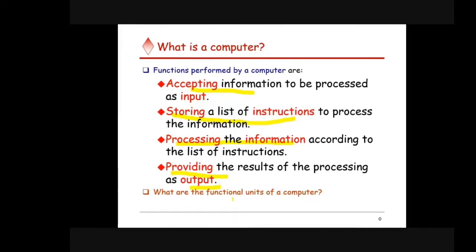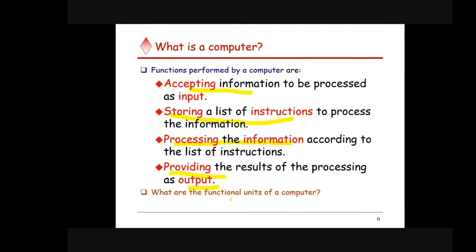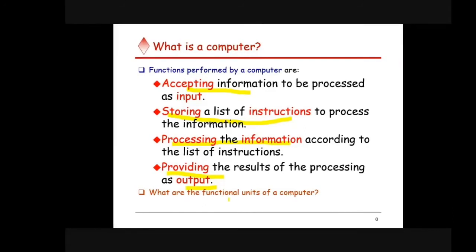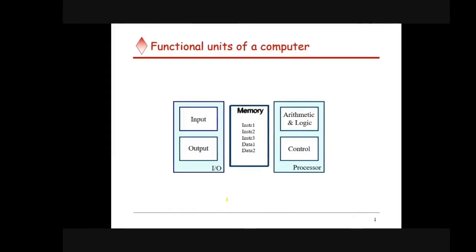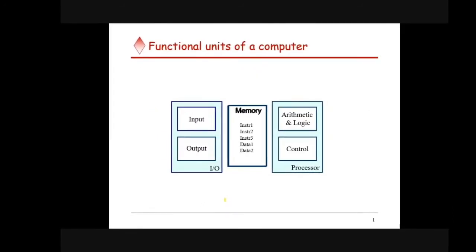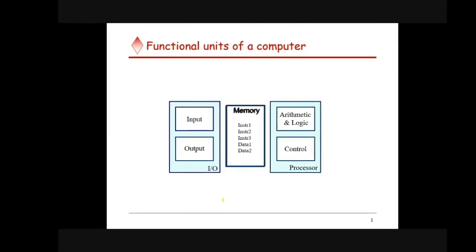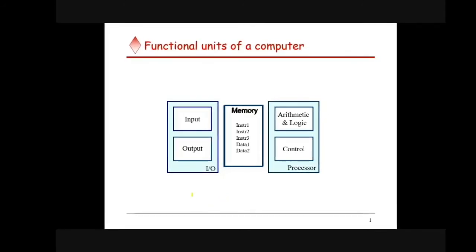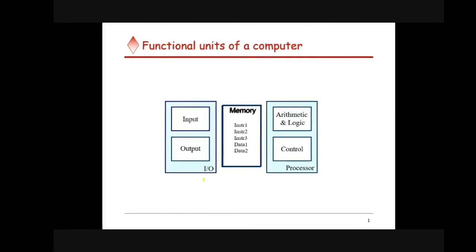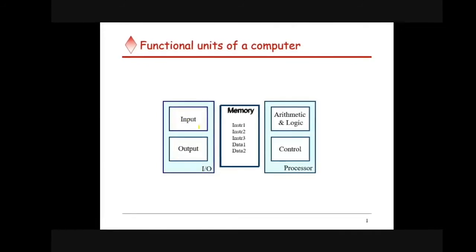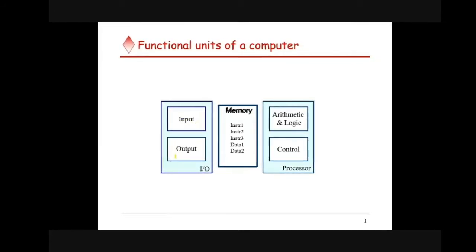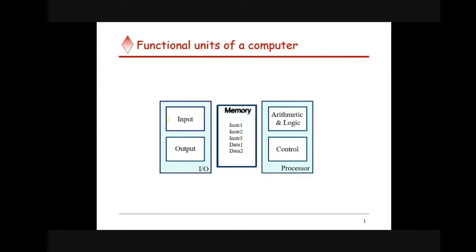After that, what are the different functional units of a computer? For the examination point of view, this diagram is expected. So you should draw this diagram, what was written over here. The first block is the input and output unit. It is the input unit as well as the output unit, and based on what the definition was telling,